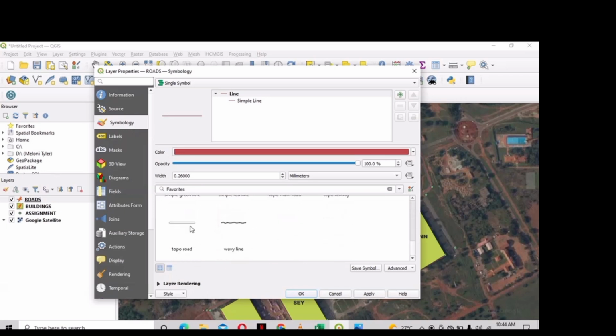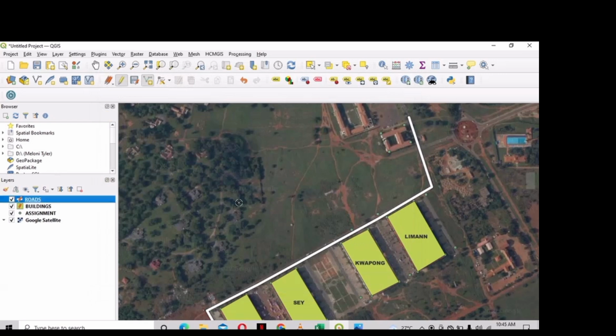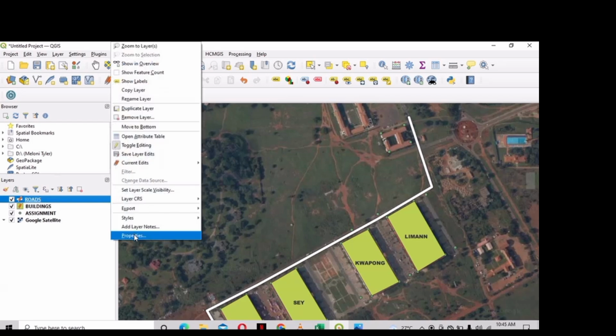So I can use topo road. Then let me increase the width a bit. Then click on apply, and then okay, so I have this right, but the name for the road is still not showing. So I have to come back to that layer, right click on it, come to properties,